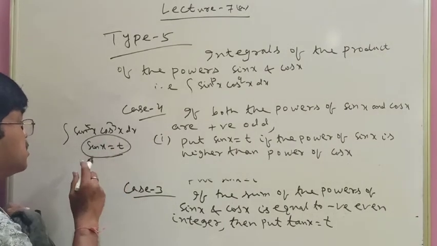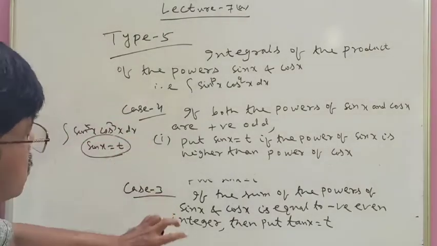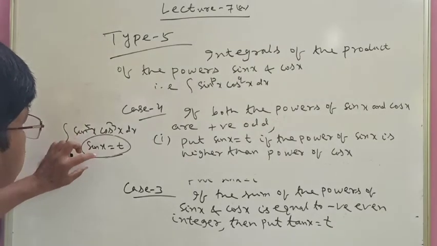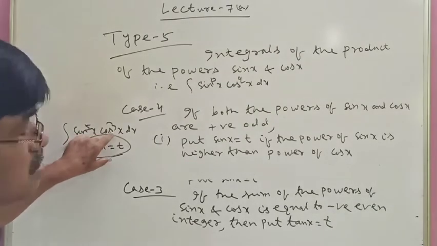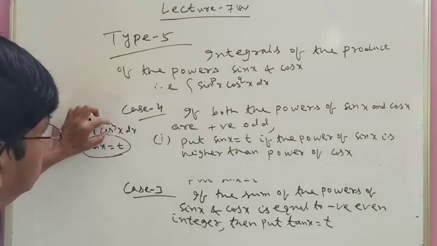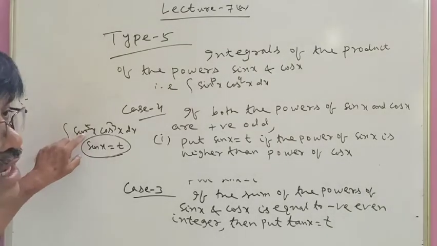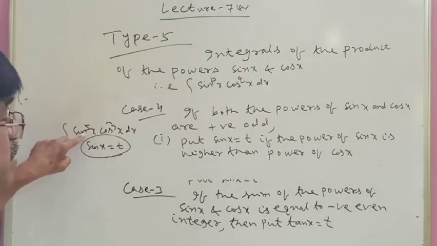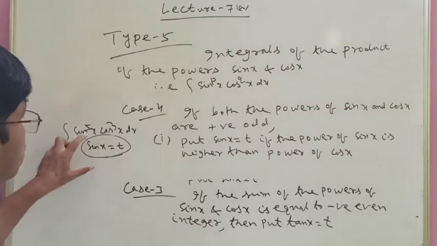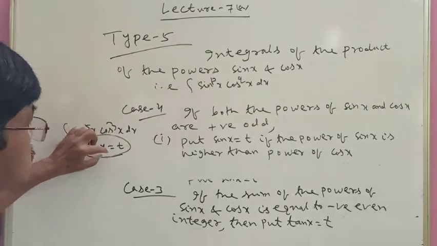But somebody can also take cos x equal to t, because here people analyze case 1 and case 2, which we have already discussed. If the power of sin x is positive odd, you can take cos x equal to t, and if the power of cos x is odd, you can take the substitution sin x equal to t. Since here the cos x power is 3, positive odd, you can also take sin x equal to t, and here the power of sin x is odd, that is 5, so you can take cos x also as t. But for time saving purposes, remember whose power is bigger, you take that only. So here the sin power is bigger than the cos power, so sin x equal to t.